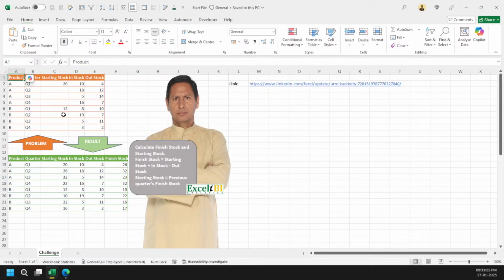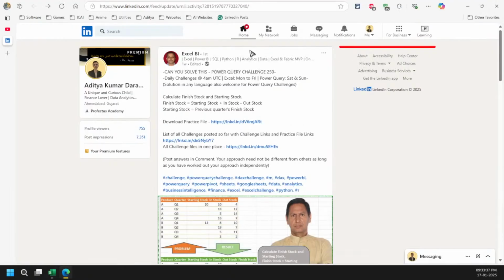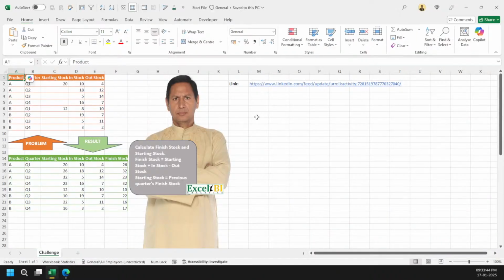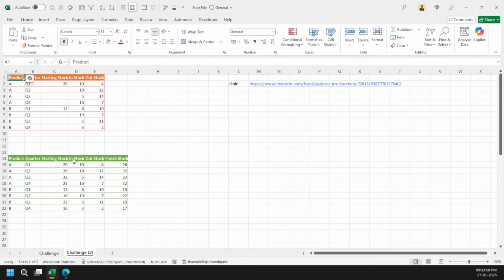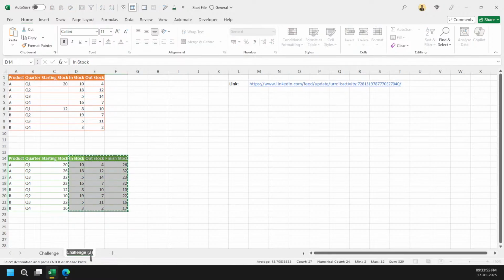So this was one of the challenges, Power Query challenge 250. I have removed the image portions for my clarity purposes. But I've shown you this is the Power Query challenge 250, and let's jump in. So how would we calculate these running totals? Before moving to that, let's just remove everything, and I will grab these three values so that you guys can get the idea of what I mean.